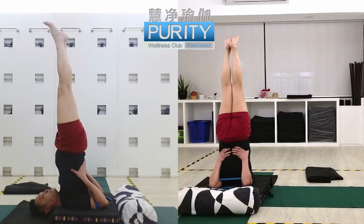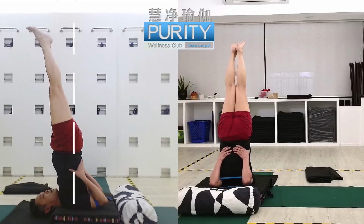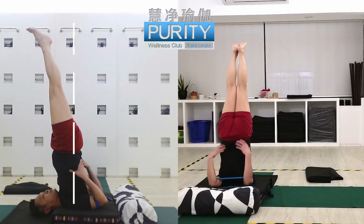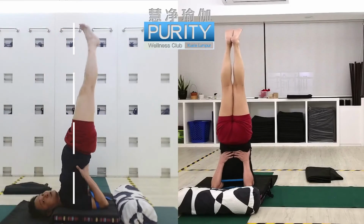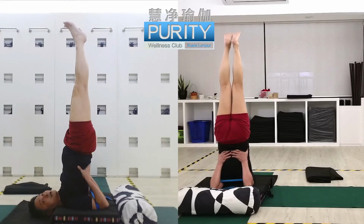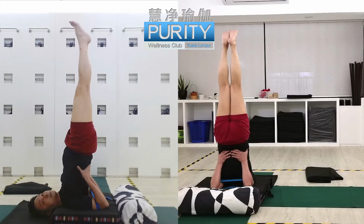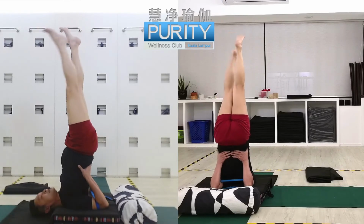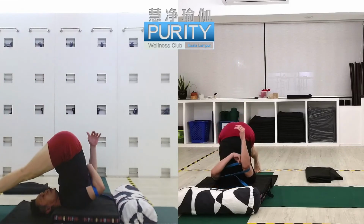Second one, people normally sometimes come to this angle. So you are putting more weight onto your head. In fact, you need to put more weight onto your elbow. So put more weight onto your elbow here. So even this is slightly too much, I want you to learn how to use your arm. If you cannot use your arm, you cannot do the second position. Okay? So from here, you move more towards the arm side, more towards the arm side. Then you come down back into Halasana, and then we're going to get ready to go into second pose,